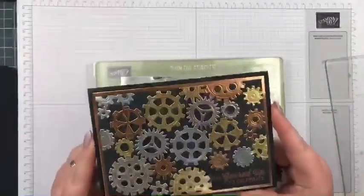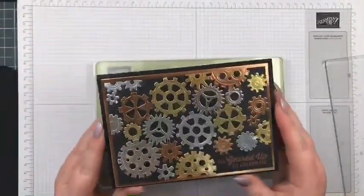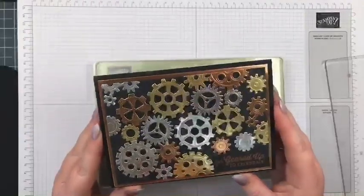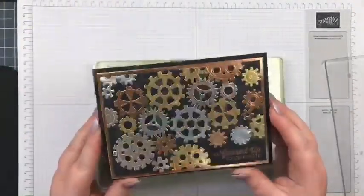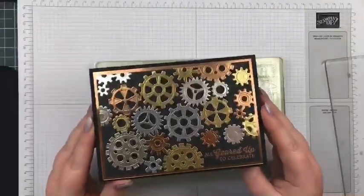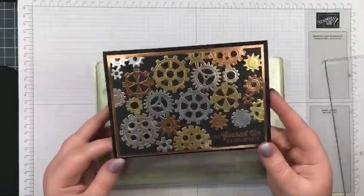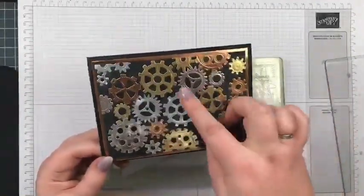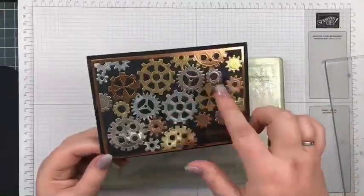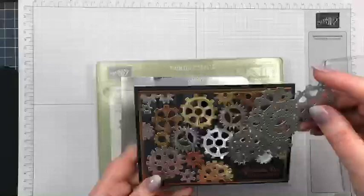Now, you might not love somebody enough to use 4 different pieces of foil on your card, but you might. And if you do, they're very special. But what I wanted to do today was show you how to make one with just one colour of foil. So I'm going to make a silver and black card because I thought that would be good. So I'll show you how to make the card, and then, as I say, I'm going to go over how I did some of these bits, because you might be able to tell